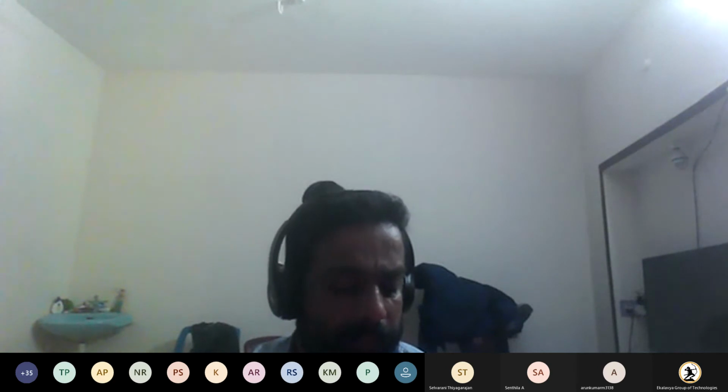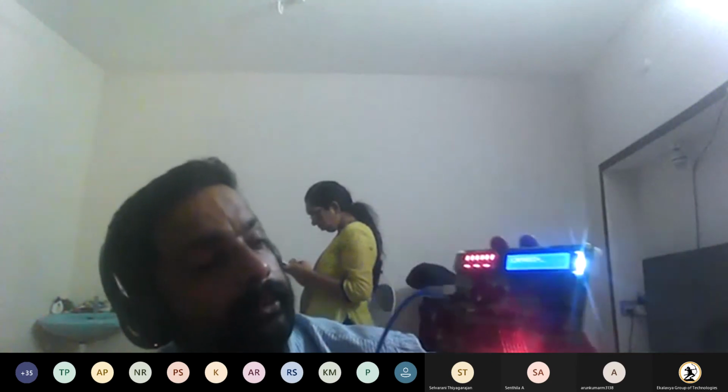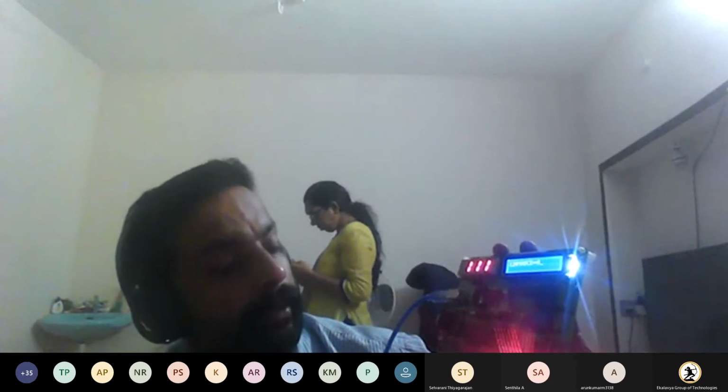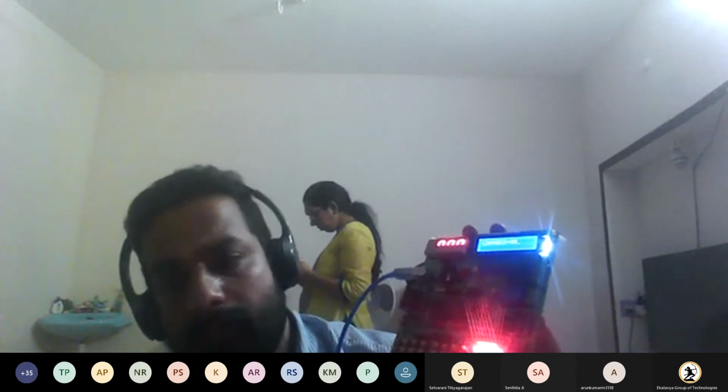That 3x3 will give the numbers starting with 1, 2, 3, and of the last row, one key is going to give a star, another one is going to give a 0, and another one is going to give a hash.